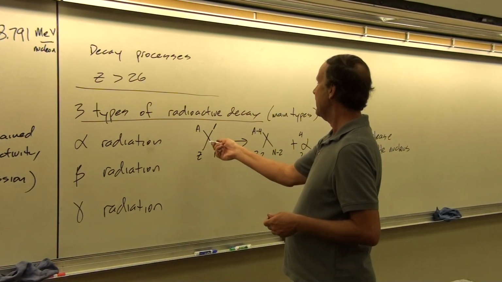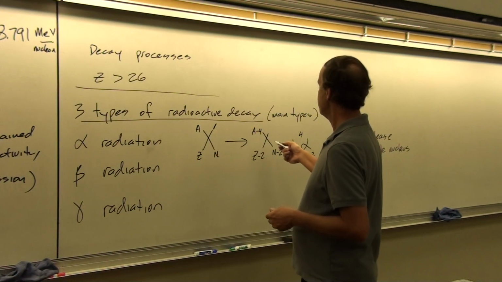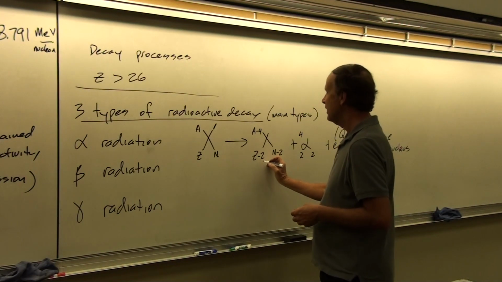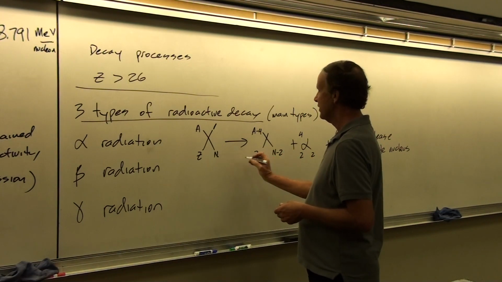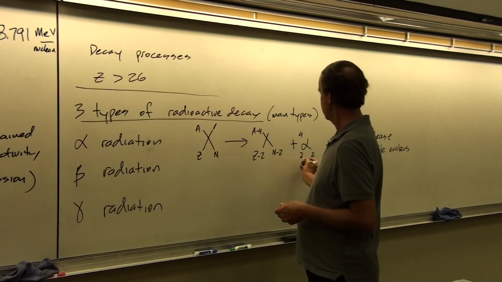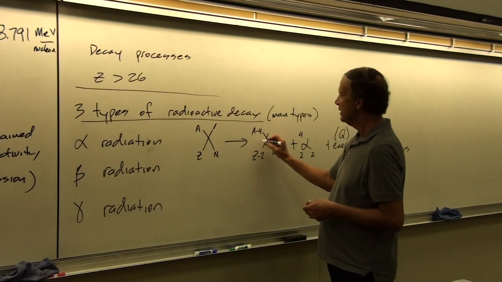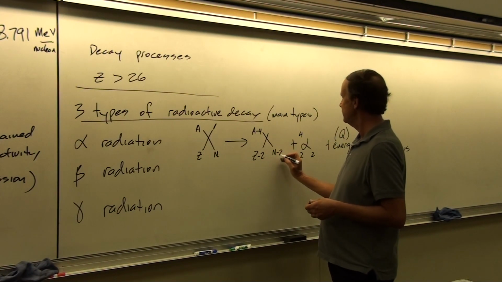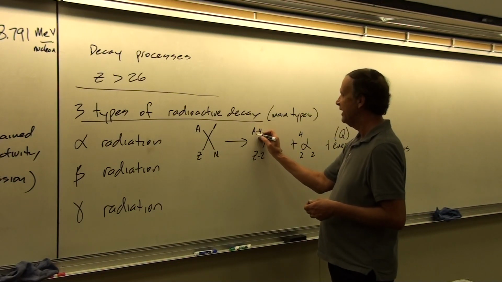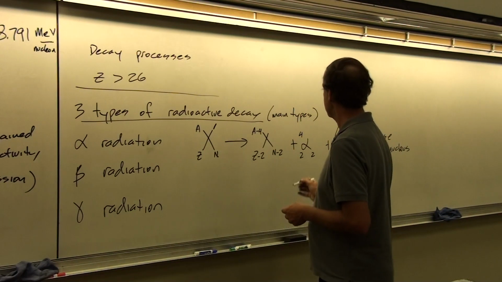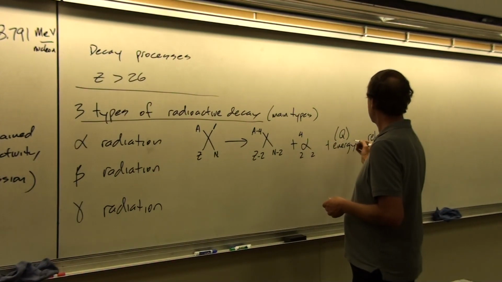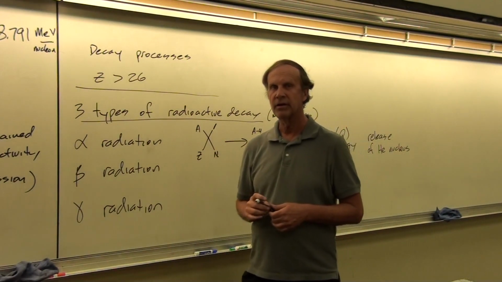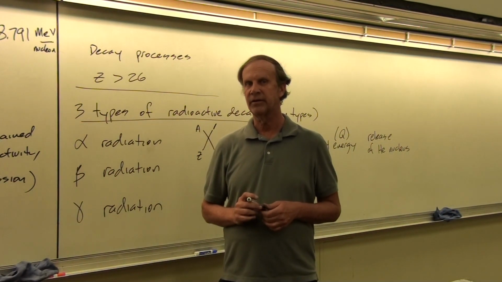Okay, so here we have some element A prime going to a smaller element. Now here, because it's an alpha particle, that has a proton number of 2, the resulting nucleus will have a number Z minus 2. The neutron number will be N minus 2. And the nucleon number will be A minus 4. It'll be plus our alpha particle. And then if this is a reaction that is favored for nuclear decay, there'll be a positive value for Q.